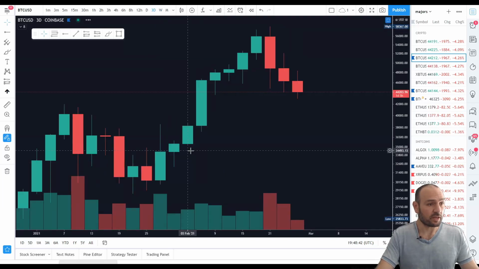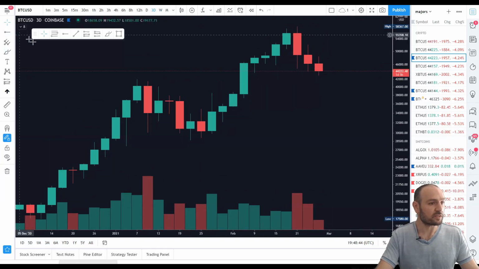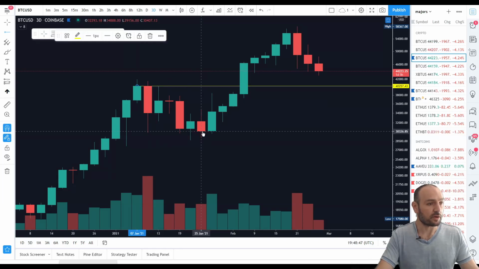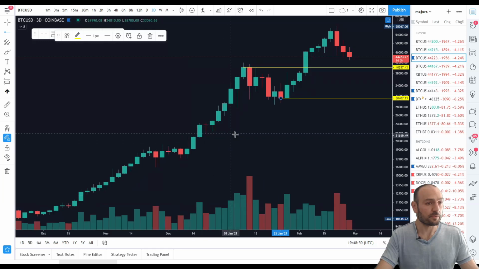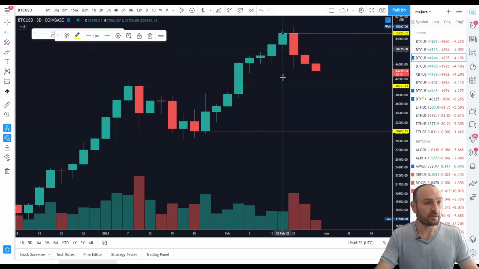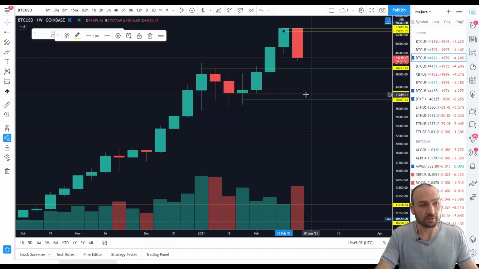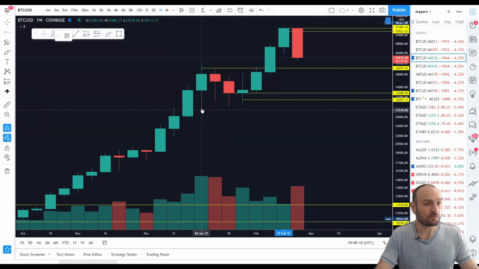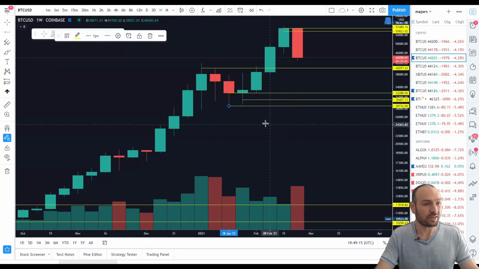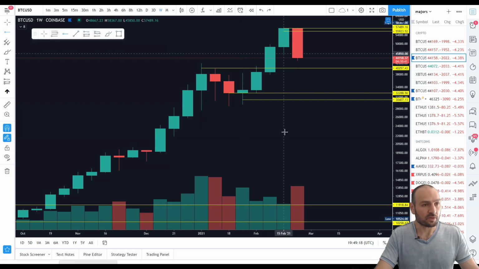And if we go to the 3-day, same thing, it's beautiful. You have your high, higher low, you're coming from here, and then you have your higher high. Now we're trying to see where the next higher low is. It could be around 40,000, it could be as low as 30,000, or the weekly 33,000, and still be an uptrend. Now, ultimately, if we ever go below around 28,000, if you count the wicks, it's really bad if you're bullish on Bitcoin.